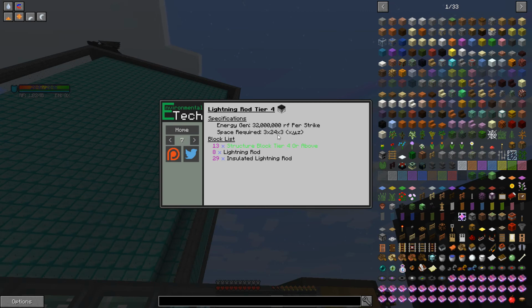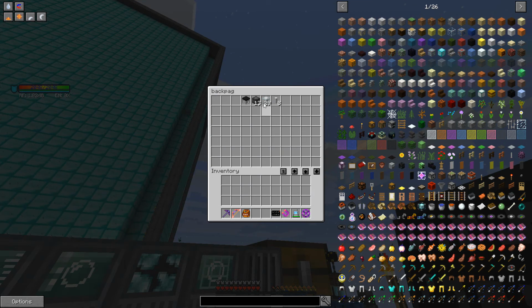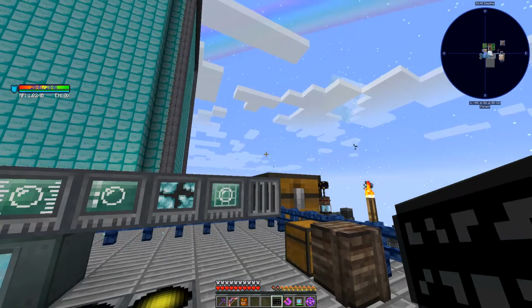3 by 24 by 3. So I need 13 of those structure blocks, 29 lightning rods, and 8 lightning rods. 29, 13, and 8 in the controller. Alright, awesome. So what I've done